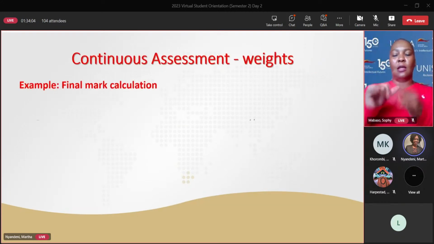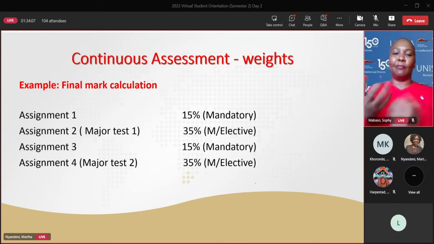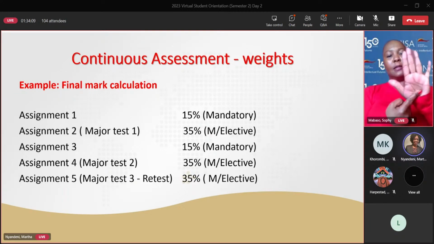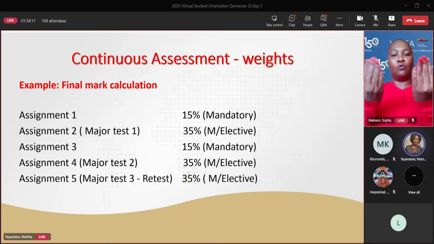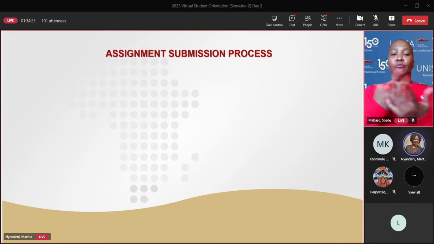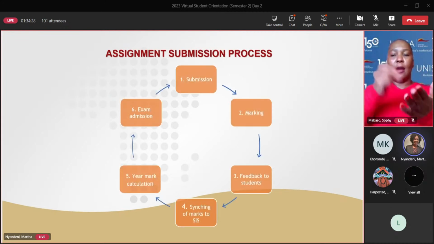So here is just an example of continuous assessment in the School of Engineering, whereby you've got your assignments contributing 15% each, as well as the major tests. You write 3 major tests, and then 2 of the best tests are taken in order to calculate your final mark. But as I said, don't panic about it, because once the semester starts, you will get more orientation concerning